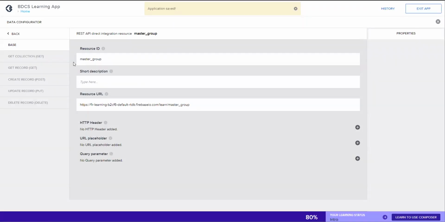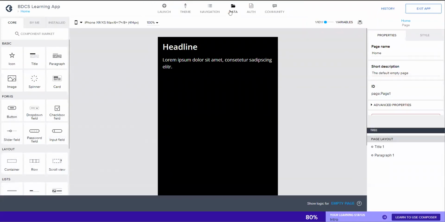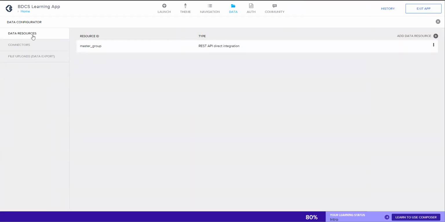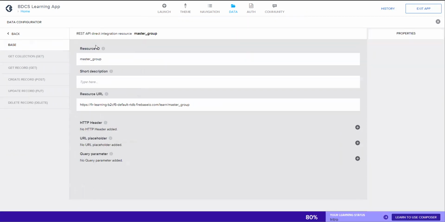So I repeat it one more time, and then we'll pause this video. I went to data, clicked on data, and then from this page, I clicked on add REST API direct integration. You can use other integrations as well. And then I named it master underscore group.